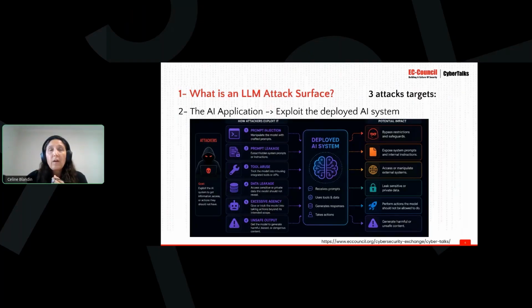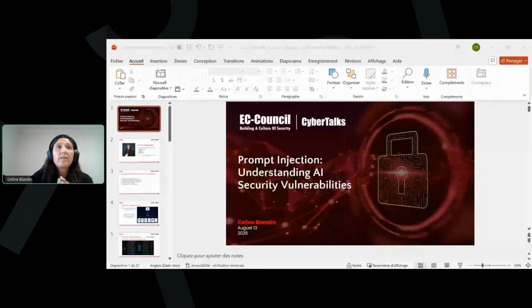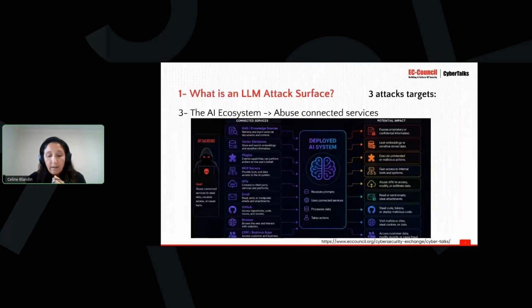Now the third attack target will be the AI ecosystem. We know that AIs are not just chatbots anymore, and that they are connected to a lot of things, a lot of services. Most of the time they are connected to RAG, vector databases, plugins, of course MCP servers, APIs, time to time email, GitHub, browser, or even CRM. All of these services are